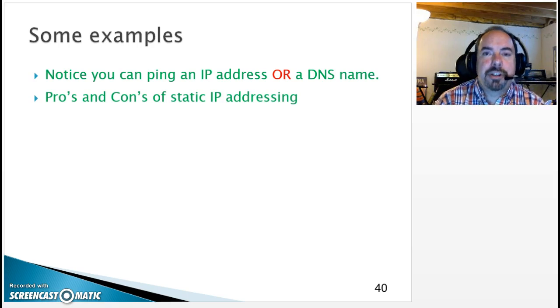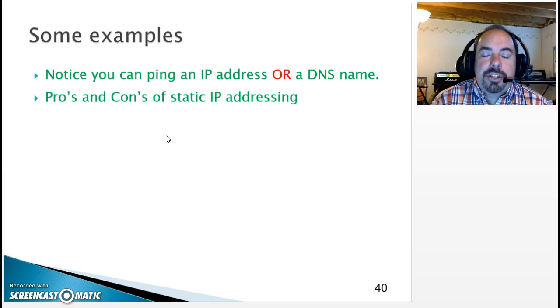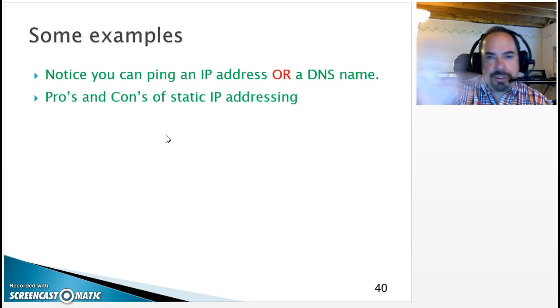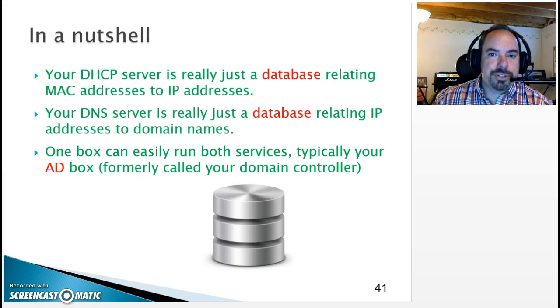So it's handy. This is coming back to ping, really the first homework assignment. Ping is so important because ping is that tool that lets you ping either an IP address or a domain name. And so this helps you troubleshoot if DNS is working or not. I said that there's some pros and cons to static IP addressing. You definitely want to assign static IPs for your servers. You never set them up to actually use a DHCP assigned address, just because you don't want your servers wandering around the network with different IPs. You want those fixed for a variety of reasons.